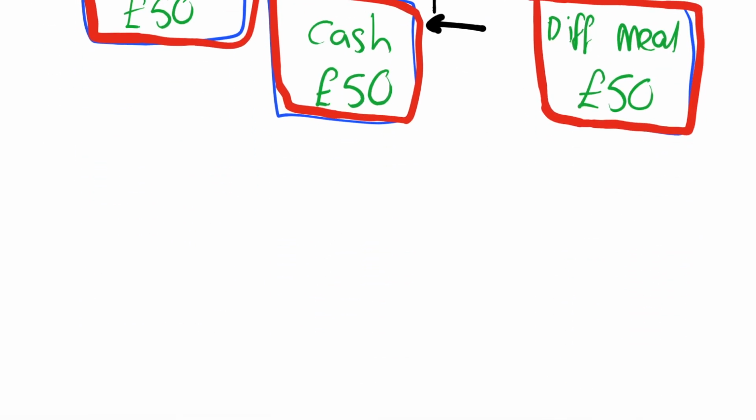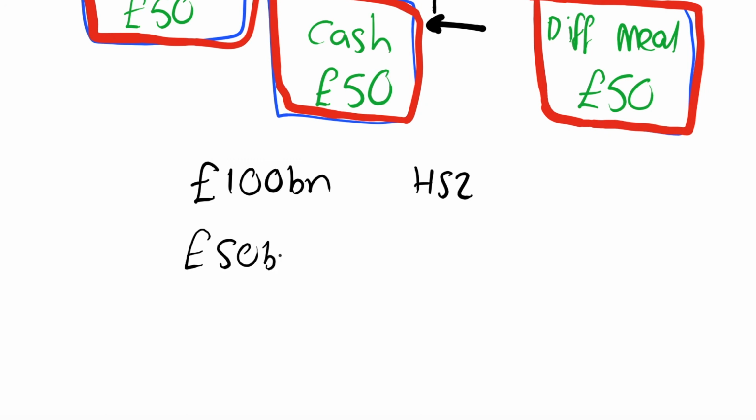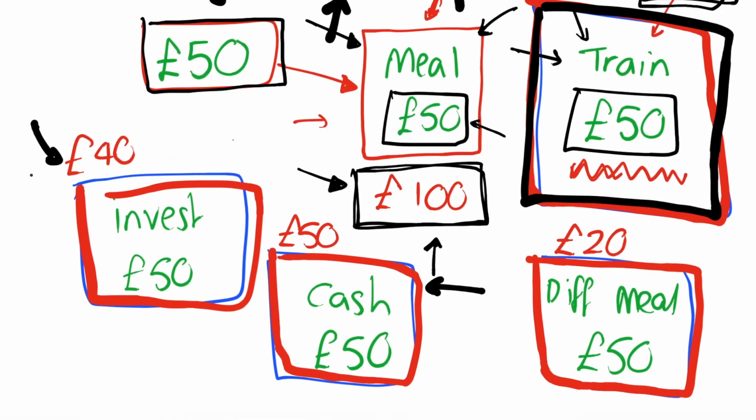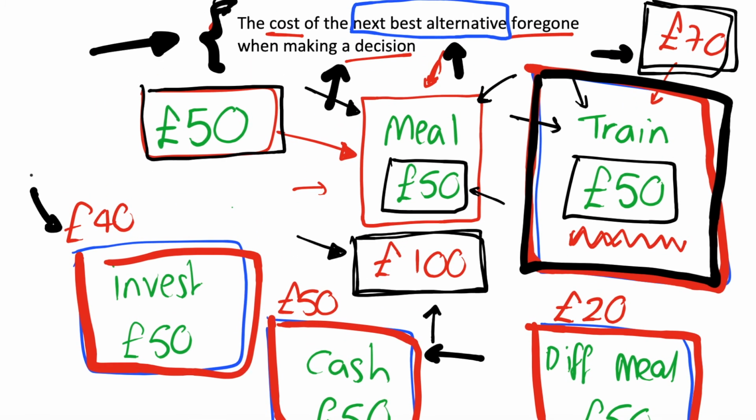When we're not just in economic theory and we're, say, a government that's choosing, do I want to spend 100 billion on HS2, or do I want to spend 50 billion on Crossrail, and we have big transport investments, this is very difficult for a government to decide. Where do I invest my money? What is the next best alternative? What actual benefit do I get from HS2? What benefit do I get from Crossrail? It can be very difficult to do, and I would not be able to cover that in a simple video like this. What I hope that this has shown you is just a basic idea of what we mean by